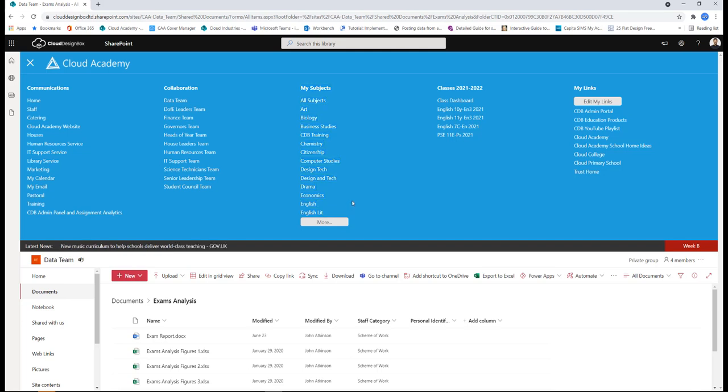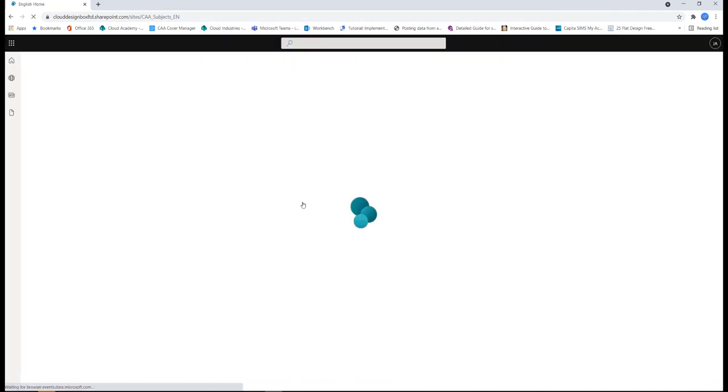So if I was a teacher and I teach English, if I teach some English classes, then an English central resource site will automatically be created and I would have access to it because I teach English or I'm enrolled on English as a student. And if we go into that English site as an example,